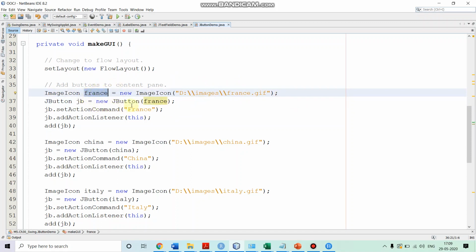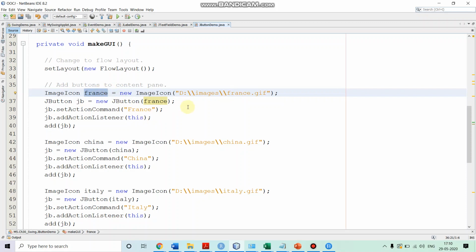Now we are creating the button. To the button we are passing this icon. So we created the button jb, and this button will display the map of France. After that we are setting the action command on this particular button as France. When multiple buttons are there and we press a button, an action event is generated.